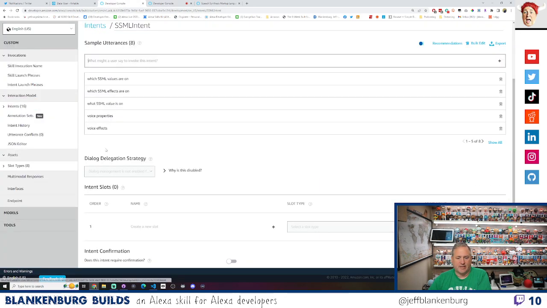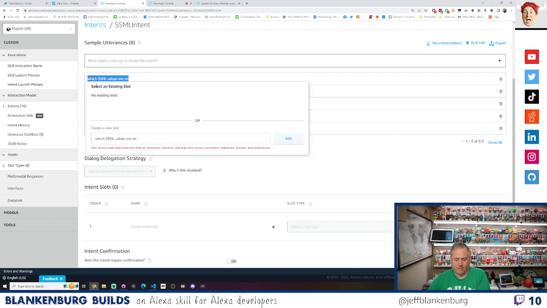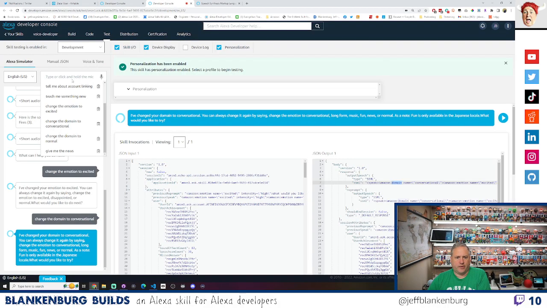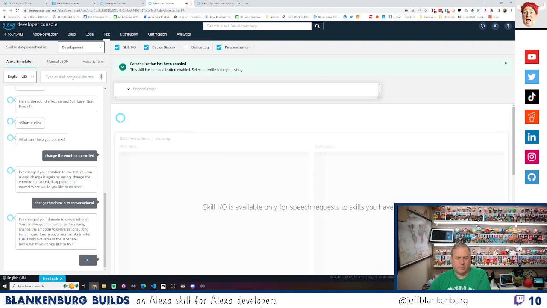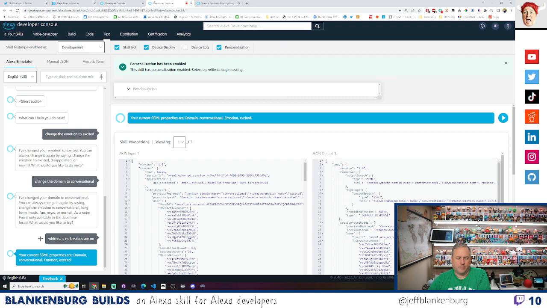So let's look at what my intent is. My SSML intent is which SSML values are on or anything like that. And so if I say something like this, just copy that and bring it over here and do that. Your current SSML properties are domain, conversational, emotion, excited. So that you can hear what's on and what's off. And then you could say things like, let me save this one. And then I can say